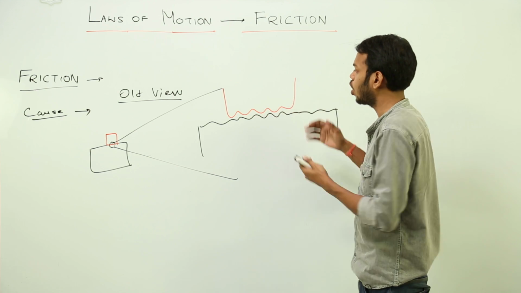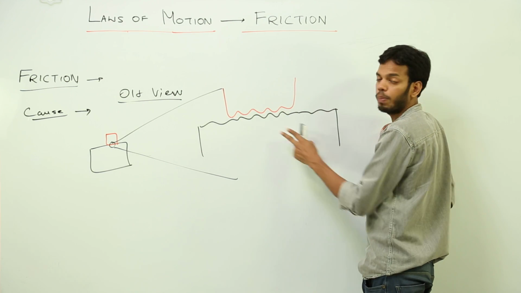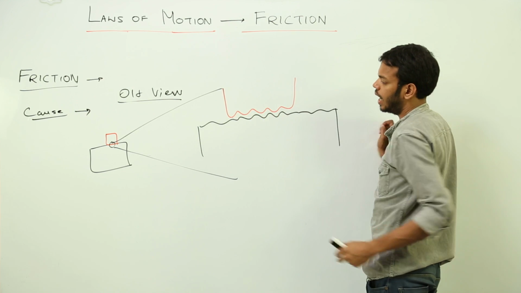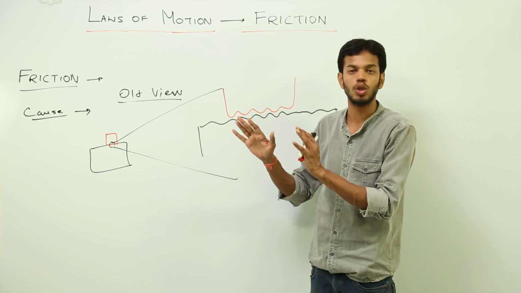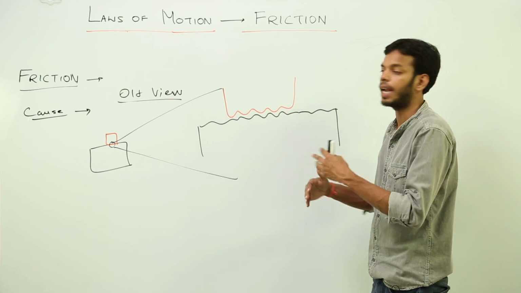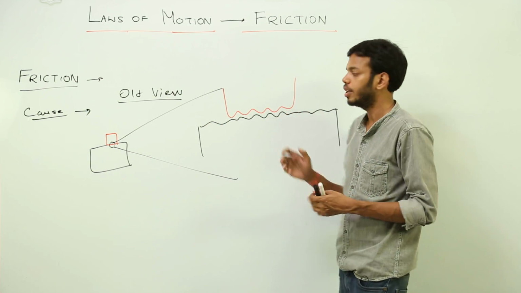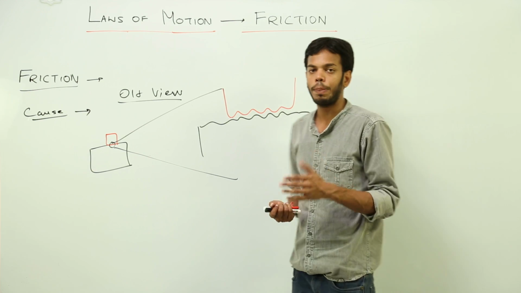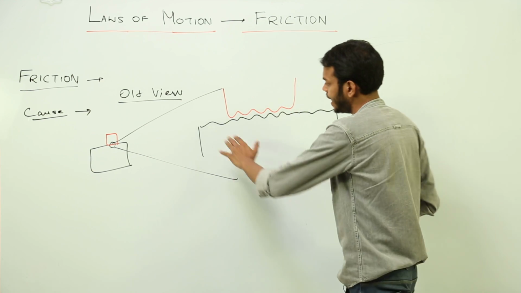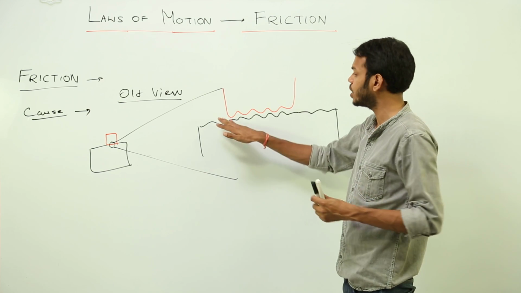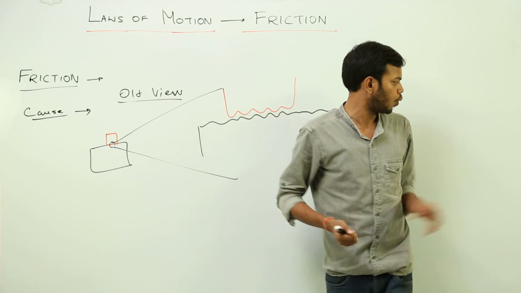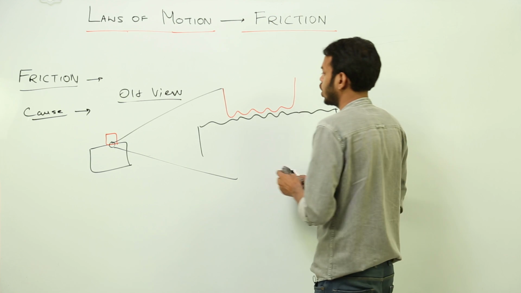Because of the interlocking, suppose this red body is moving over the black body and these projections are interlocked. I would require some force to push this red body above it so that it can break the interlock and move further, right? So this was an old view. So what scientists did was, they smoothed both the surfaces completely on a molecular level. So the new structure was something like this,